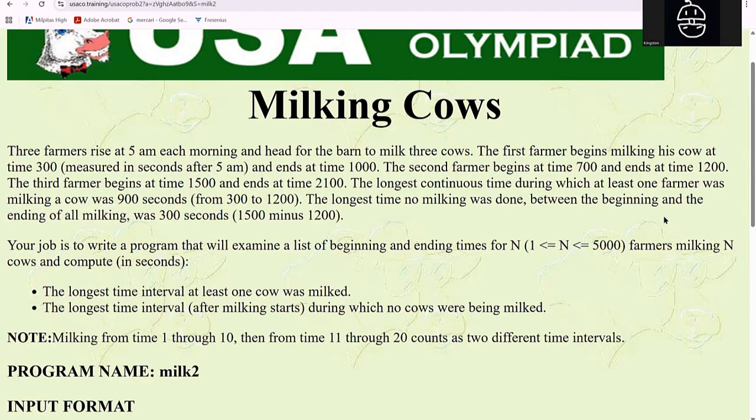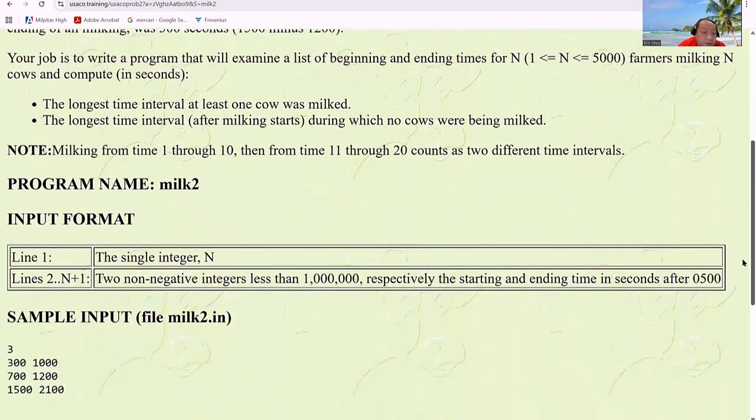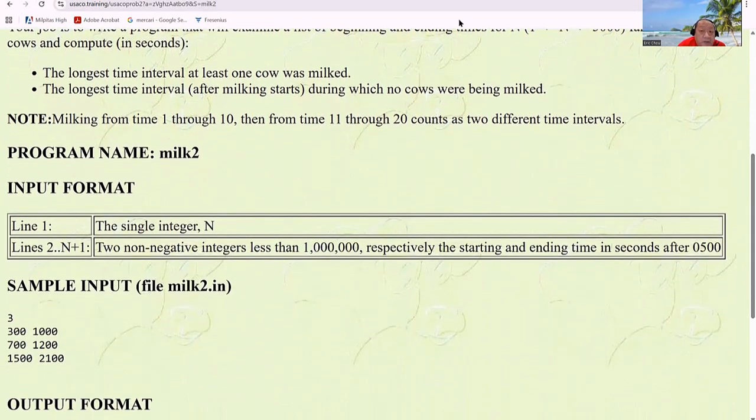Can you have an array of 701 elements, and then for each interval you just put a number in there and add one, so you know how many cows are being milked at each time frame, and you just loop through it? Okay, so one stupid way to do it,